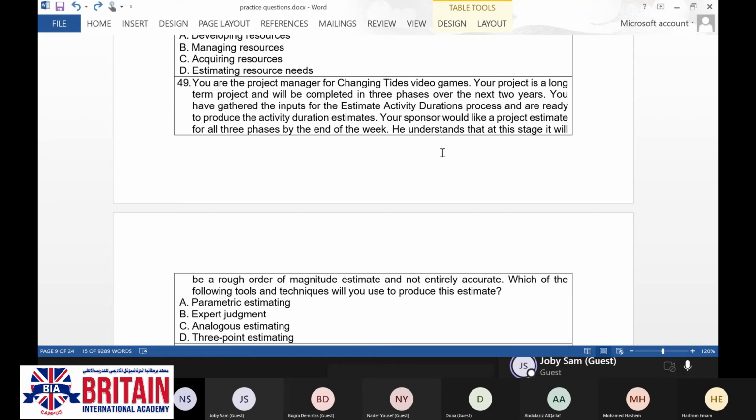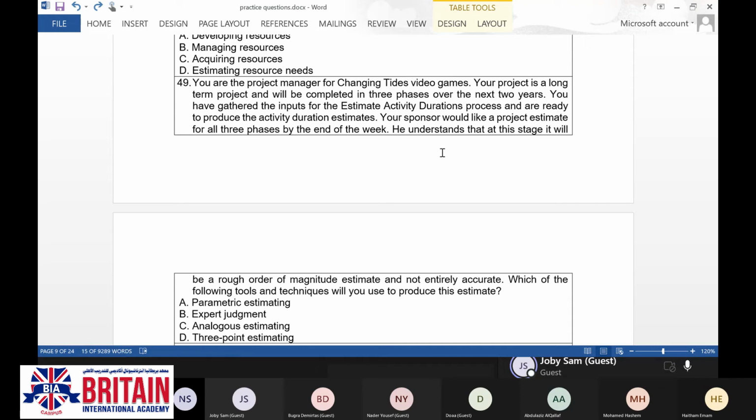I go with parametric estimating. The reason I chose it is that the phases have been decided or split based on certain parameters. There could be a chance that the whole project cannot be conducted in a single phase.